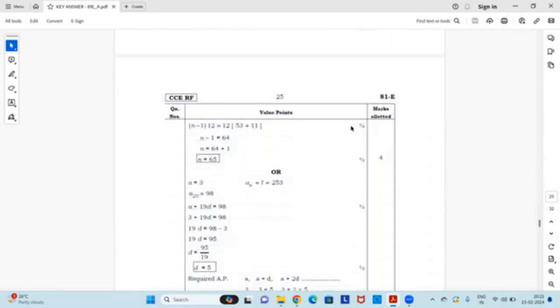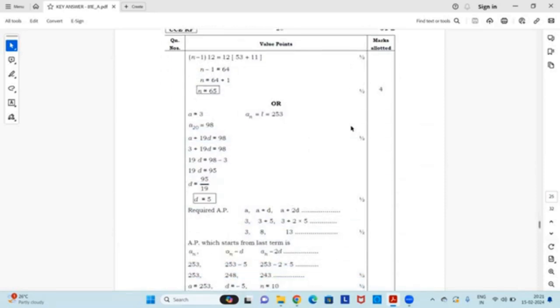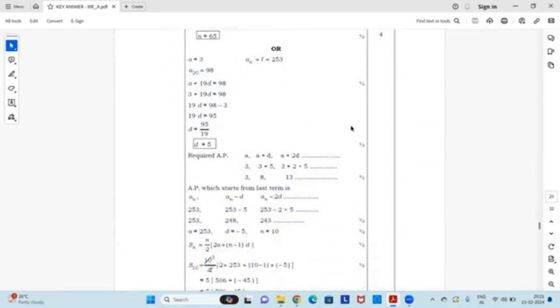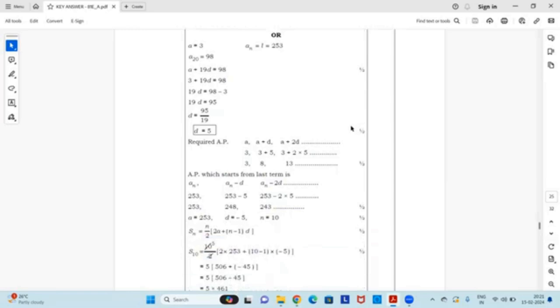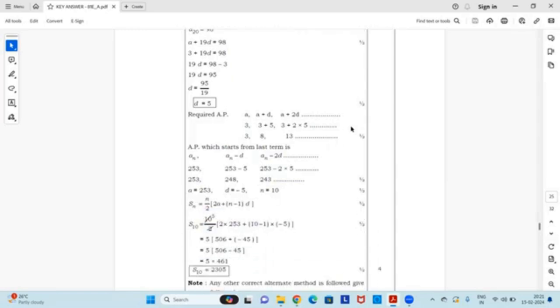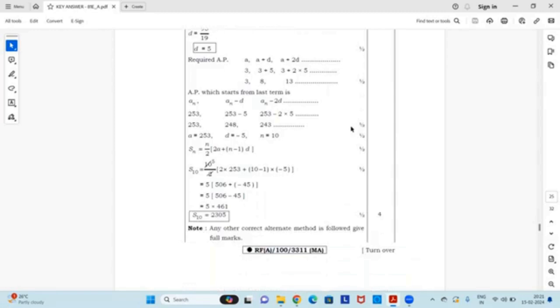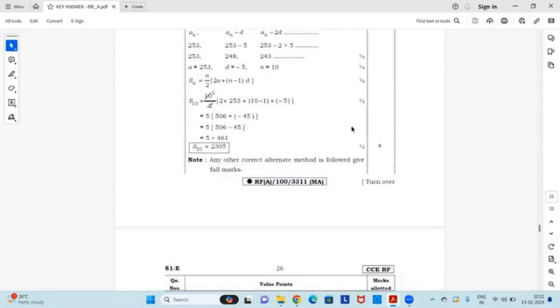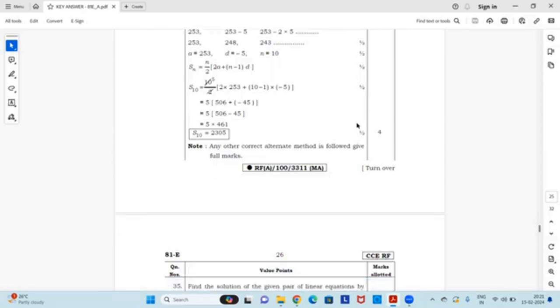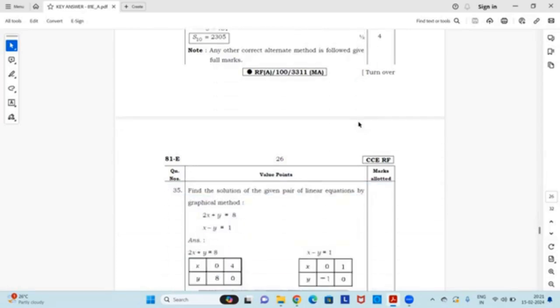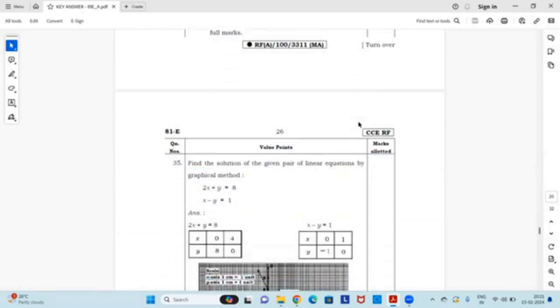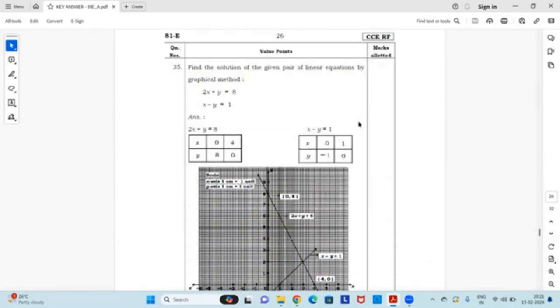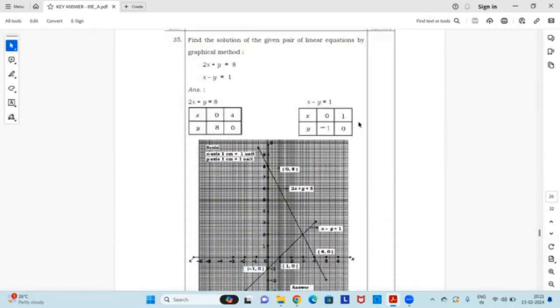And the second optional answer is here about arithmetic progression. Okay, if you follow any other method which is shown here, and if the answer and the steps are the same and correct, then you will earn the marks here. So observe it properly. Okay, coming to question 35, find the solution of the given pair of